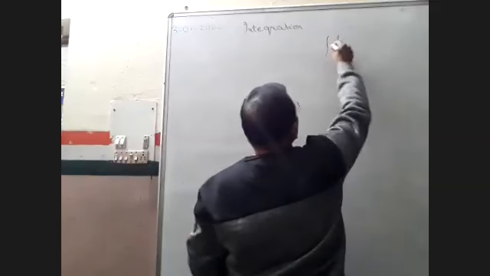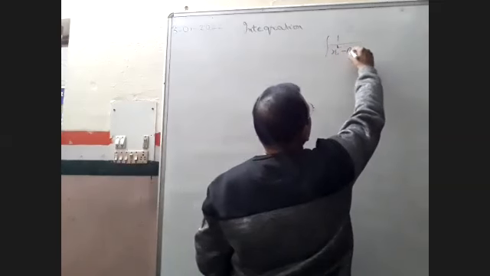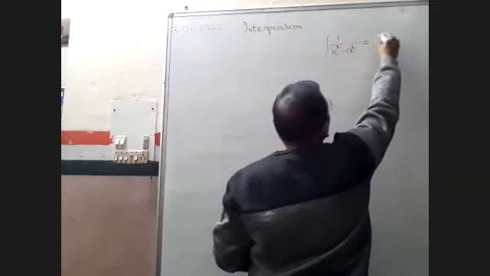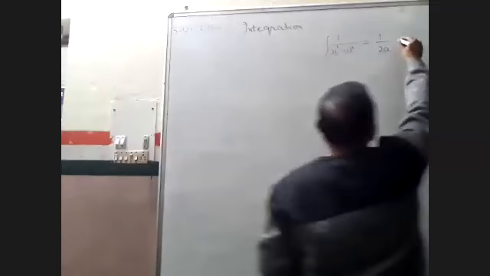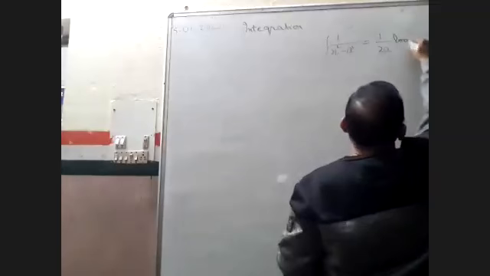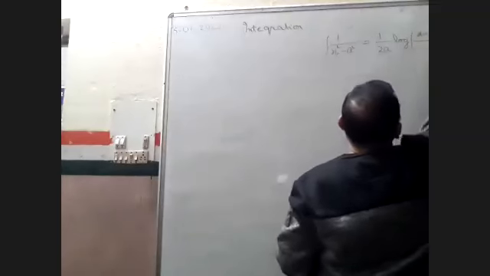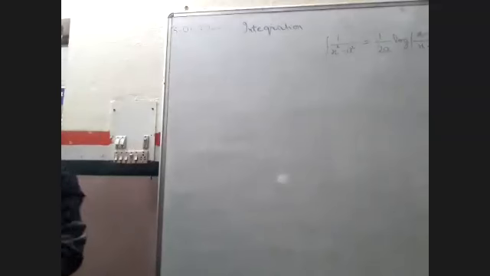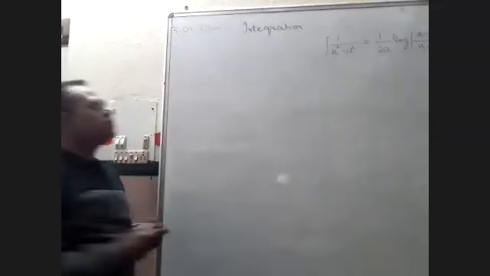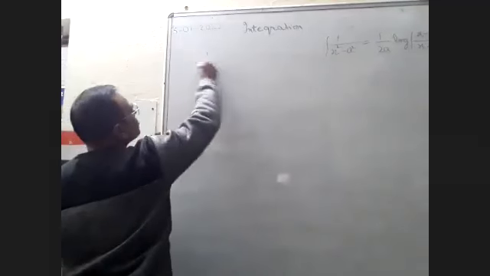Integration of 1 upon x square minus a square is equal to 1 upon 2a log of x minus a upon x plus a. How will we form this formula? Just check how I am doing this one. For integration of 1 upon x square